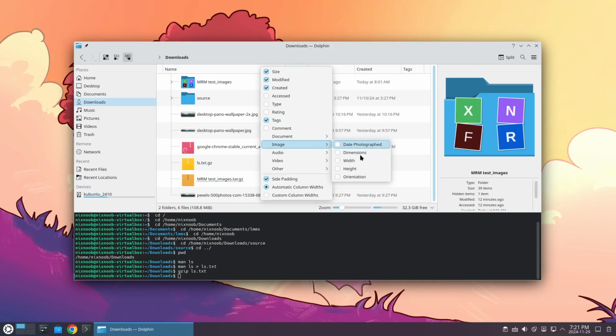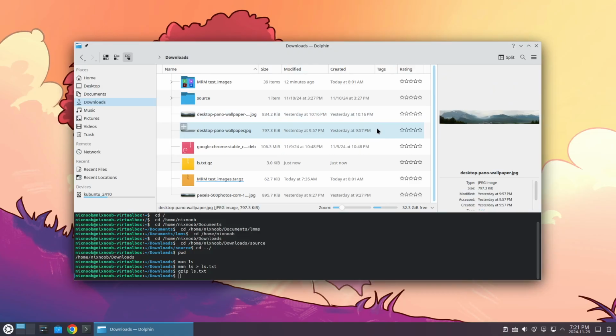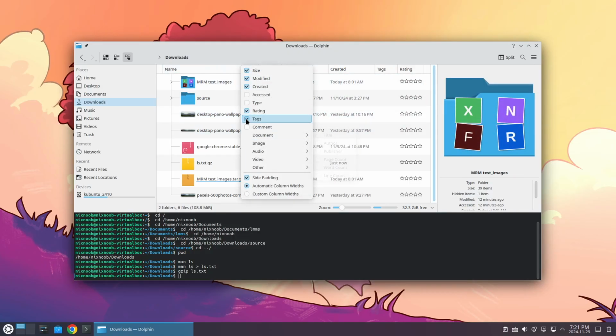For images, we've got some metadata. For audio, we've got some metadata, so we can add as many columns as we want. A rating, if we're using star ratings in our file manager. So right click on that to change what you see in the columns there, and